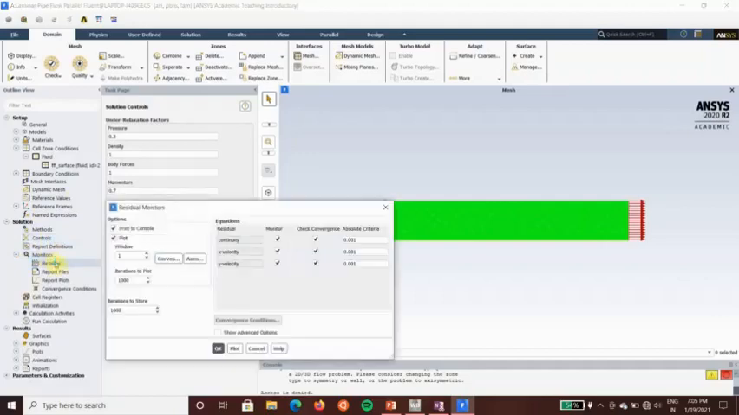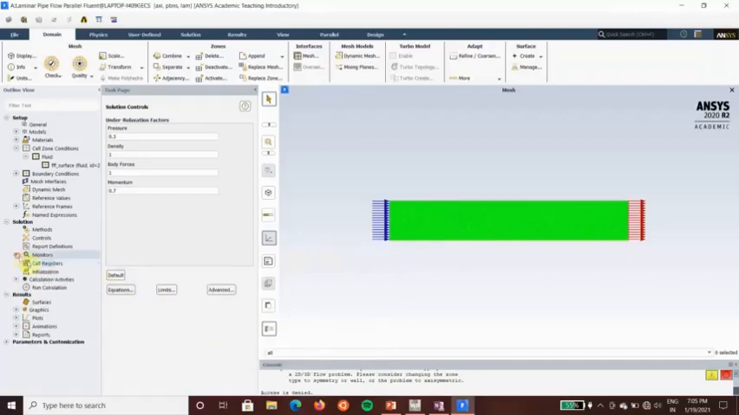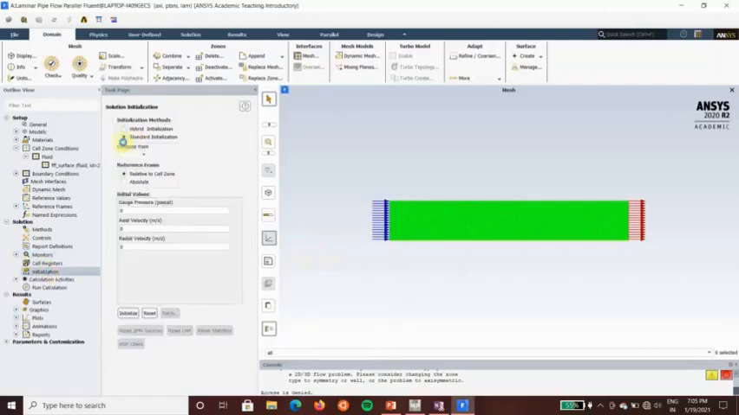So the default residuals, as you can see, are set as 0.001, 10 power minus 3, but we need to change it to 10 power minus 6 to get a better, more accurate solution. And just click OK. And then we'll initialize the solution, standard solution, keeping the default values, and we'll just initialize it,